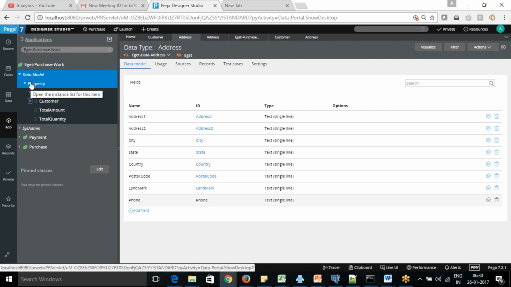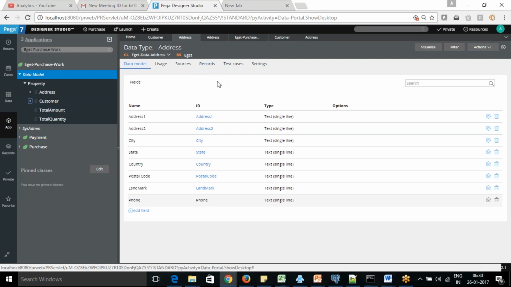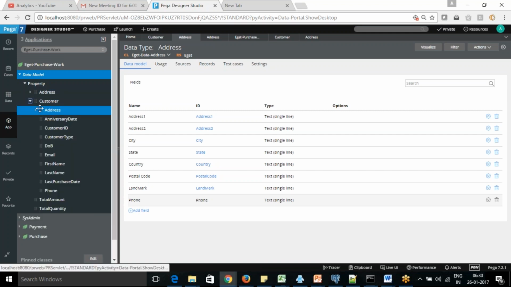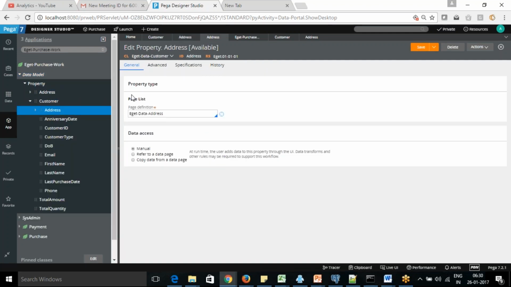I'm a little confused here. So there's address here and there's address within customer, correct? Yeah. So there are two addresses. Yeah, there's a page address list. Oh, okay, I get it.